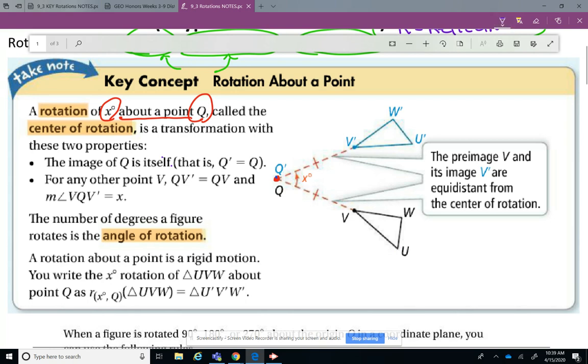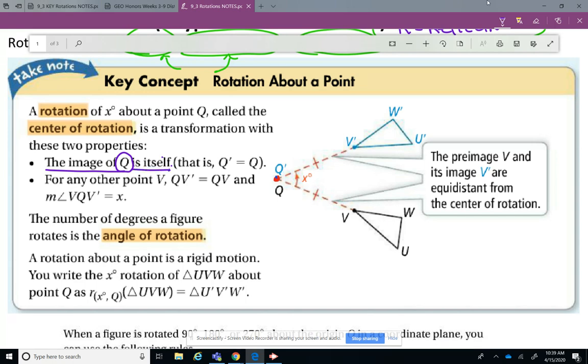All right, and all the angles, they didn't change when I move it. They all stayed the same. All right, so let's go back to this information over here. A rotation of X degrees about point Q is called the center of rotation. Okay, and I've already kind of talked about the two properties, that the image of Q